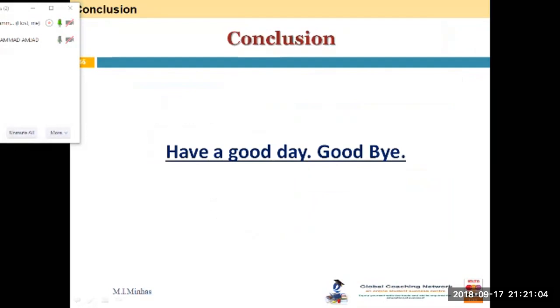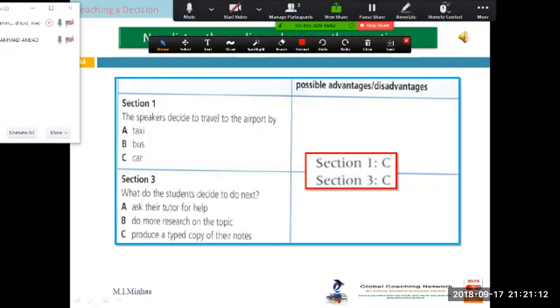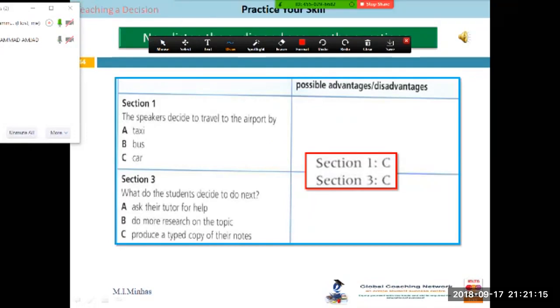So with this, we have concluded this lecture, and now I'll be shifting to the last lecture. But here, the point to remember was that there are different options. Speakers discuss different options, and then they keep dropping those options one by one. Like in the beginning, one of the students right away said that, well, I guess we have done enough, and now we don't need to look at further research. So this is dropped now. Then he said that I guess we need to see our tutor and we can show them. And the girl says, yes, I guess he can have a look at whatever we have done so far.